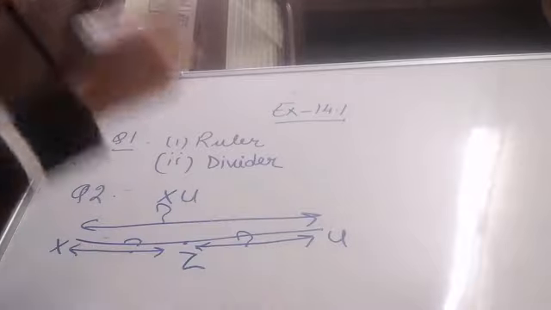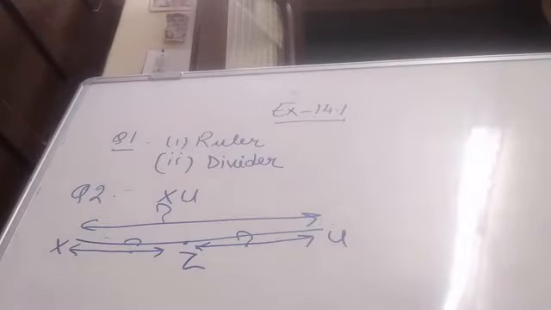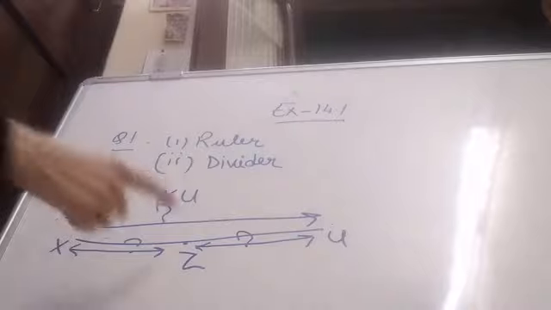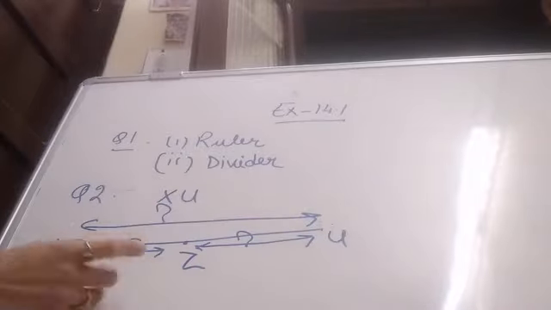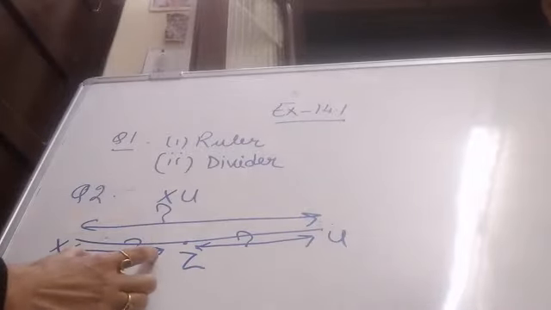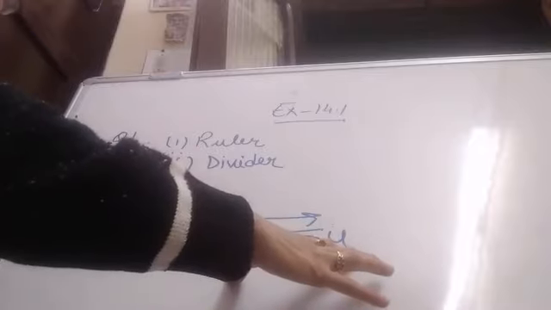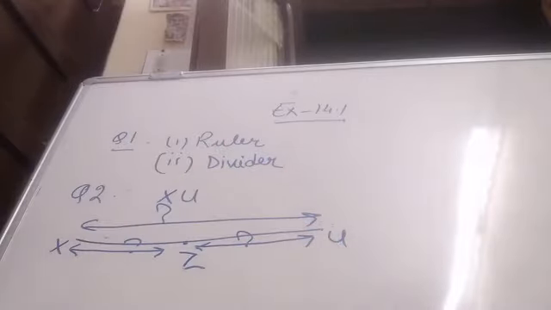So this is for your assignment only. You have to draw a line segment XU of any length. Then take a point Z in between X and U and measure the length of the line segments XZ, ZU and XU with the help of the scale and write it here. Okay, so this is also a simple question. Then question number 3